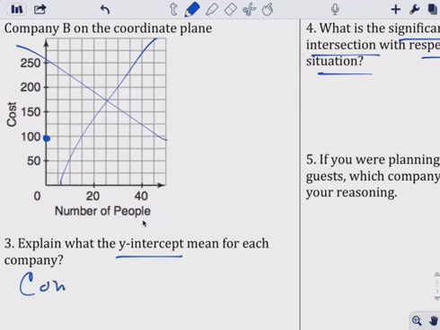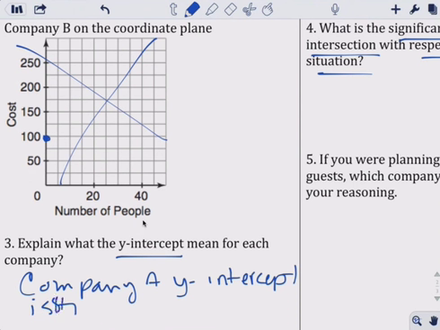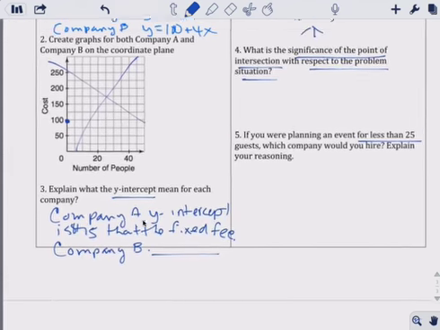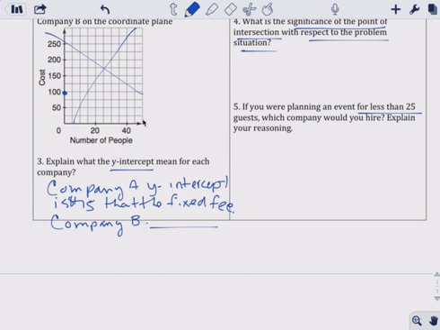Company A, y-intercept is $75. That's the fixed fee or the setup fee. Company B, y-intercept, you do the same, okay? Finish writing it. Practice writing it even though I'm not done so you do not forget on your